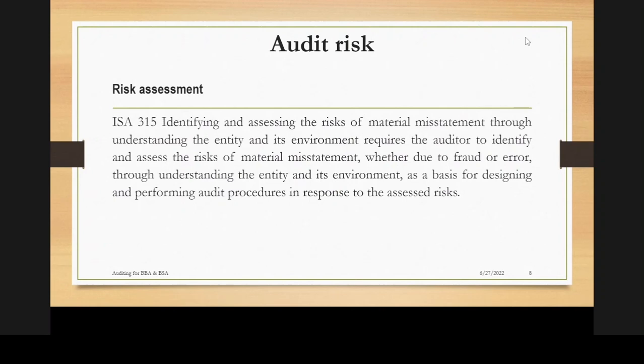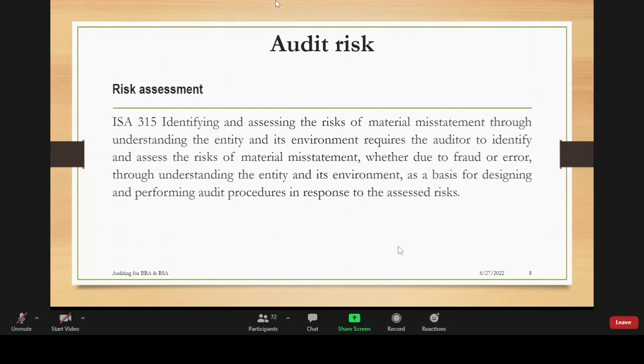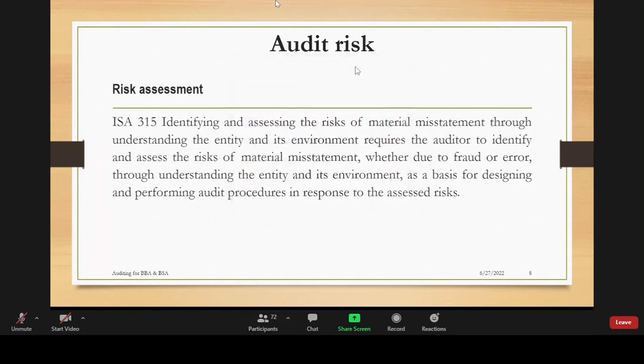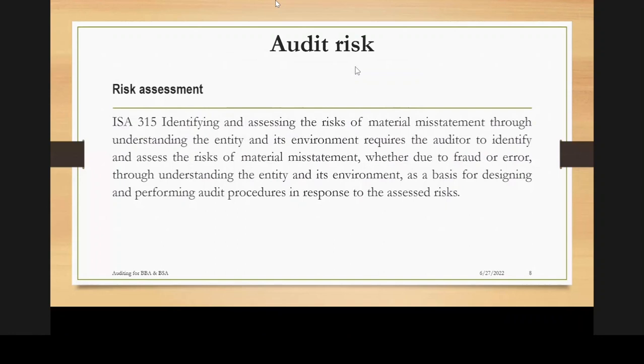But before you are in a position to ascertain the risk exposures, you must clearly understand the entity. You must be well conversant with what they do, the nature of business they do. That is when you understand the activities that they are involved in. For example, you know that in a bank, it is very easy for money to be stolen. There's a lot of money exchanging hands. Money can be easily stolen. So in that way, you have understood the nature of business that these guys are in. That is the first step of doing a risk assessment.